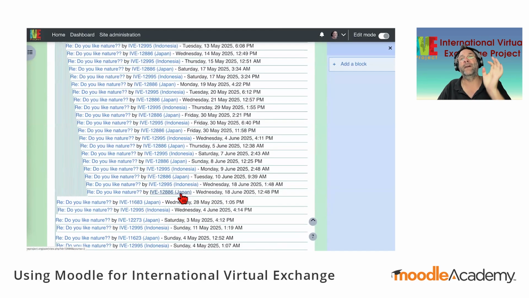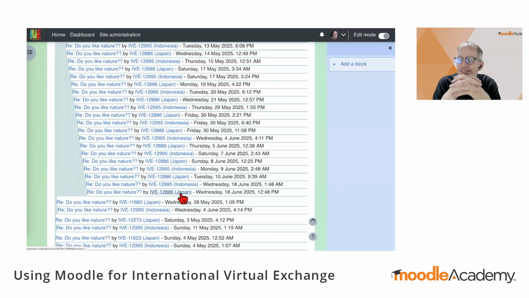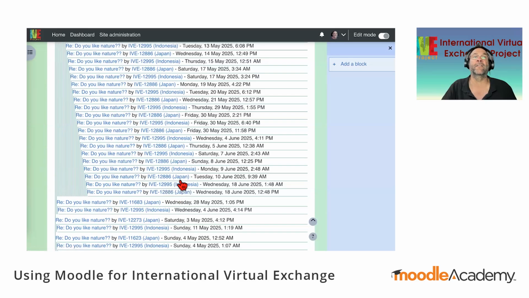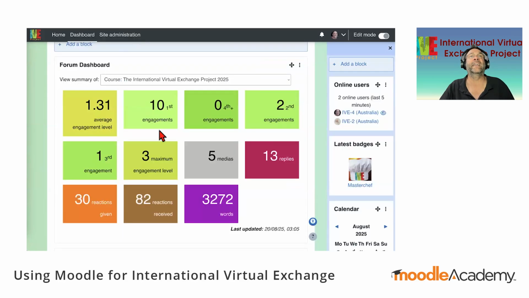Our record for maximum engagement level is 85 at this stage. So that's 85 over a period of 8 weeks. Students interacting daily, sometimes twice a day, 85 back and forth. Absolutely incredible. So that's what we're talking about when we say engagement level.